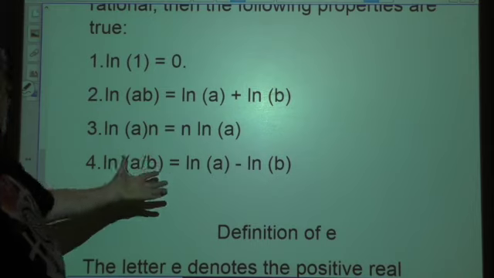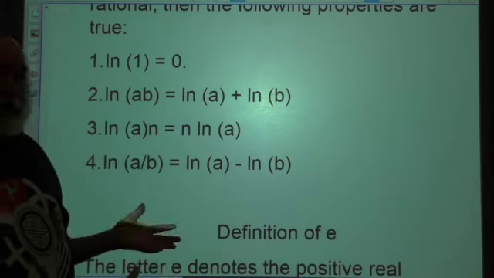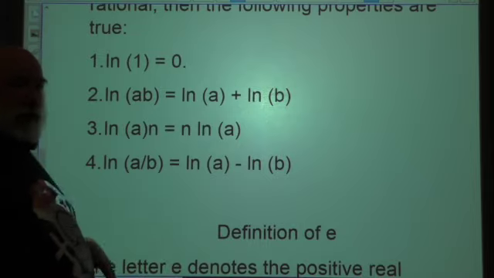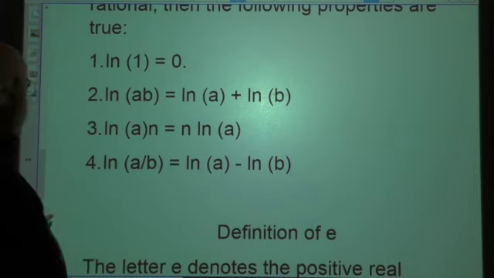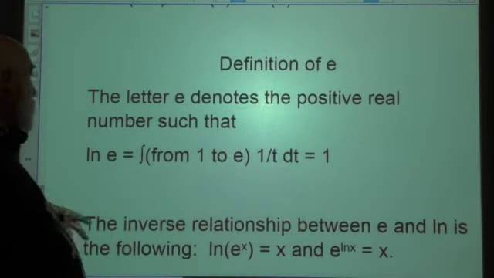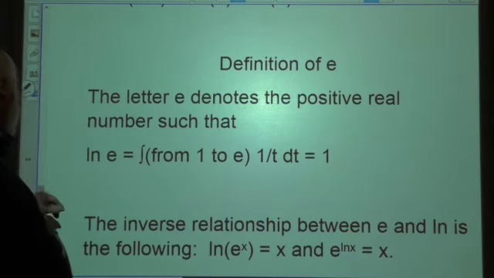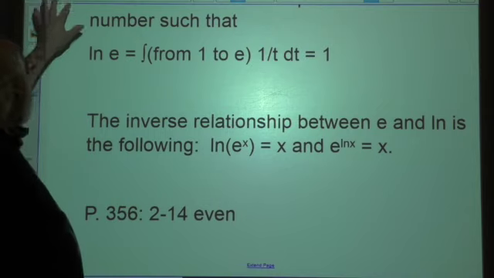In the case of division, you're going to subtract the exponent. So nothing new there. You've done this all before. It's just now that we're really focusing on a different base rather than 10. And that is e, 2.72. The definition of e, like I said, we talked about that, what that is, and the inverse relationship between e and the natural log